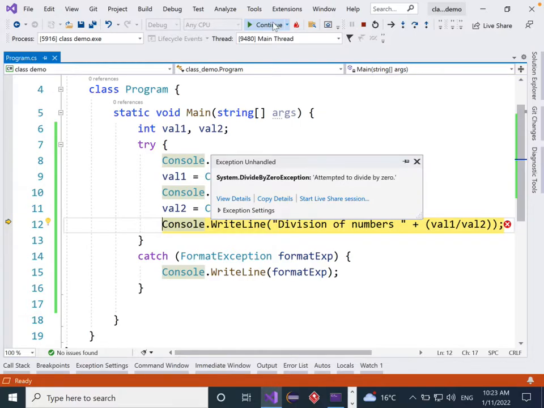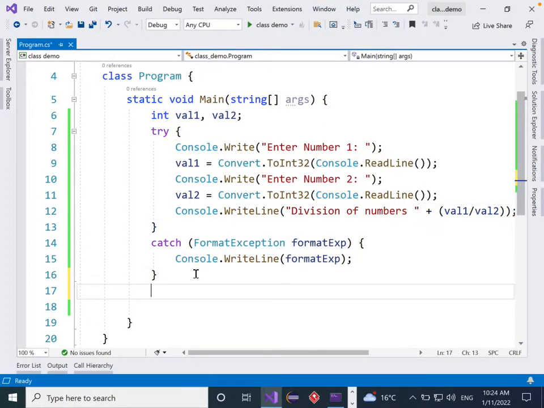So it means that it is a possibility that the code that we are trying may have multiple exceptions. If that code can have multiple exceptions, it means we can have multiple catch blocks as well, so that we can catch each and every exception that may be occurring in our program. So I stop the program